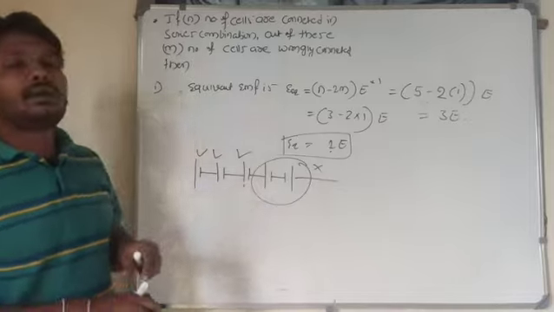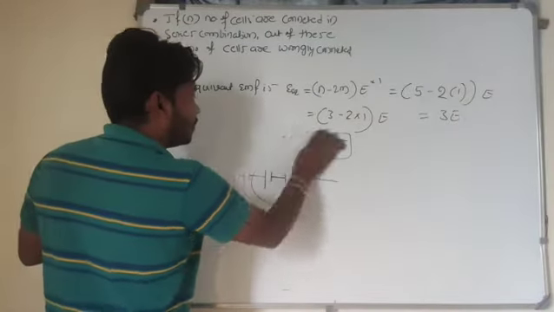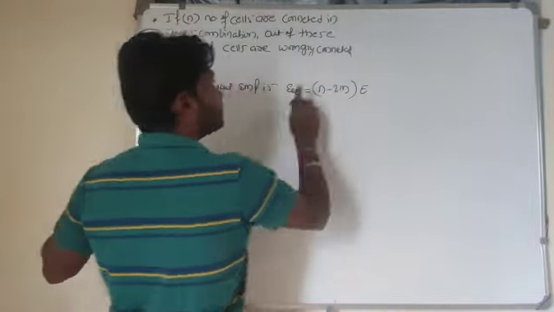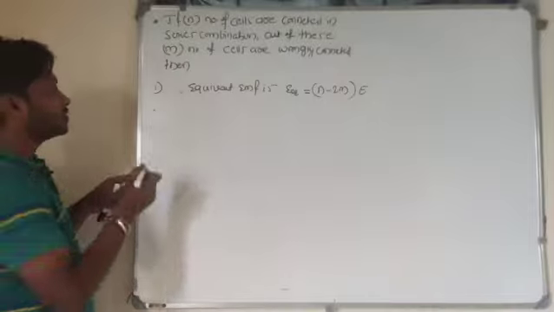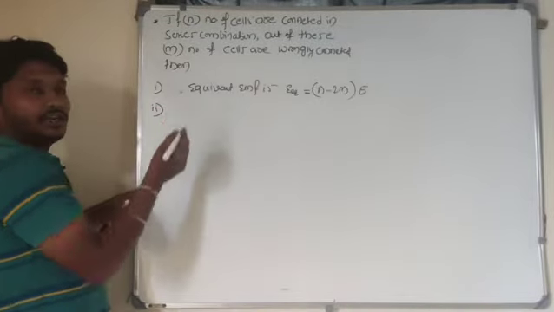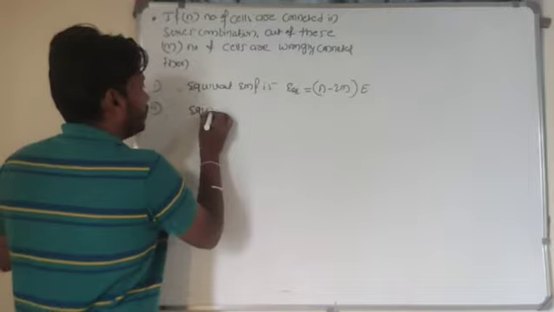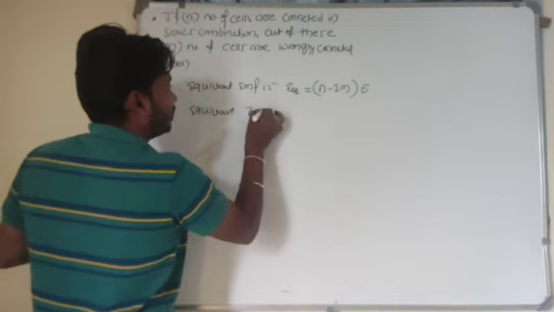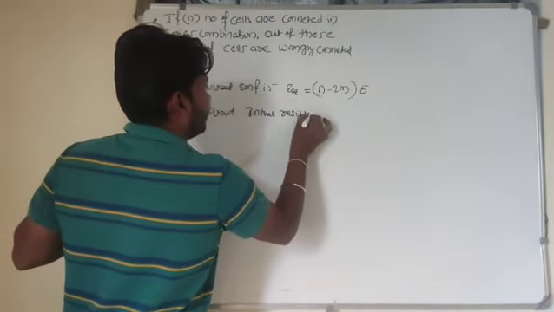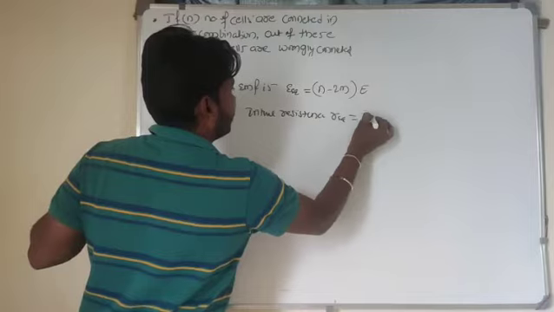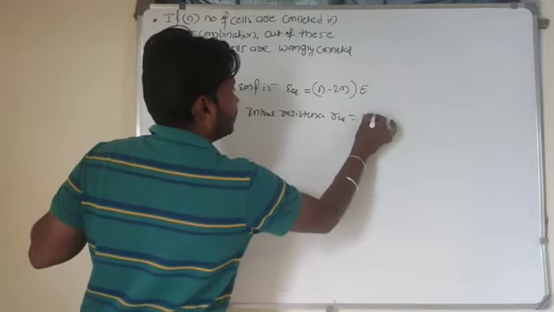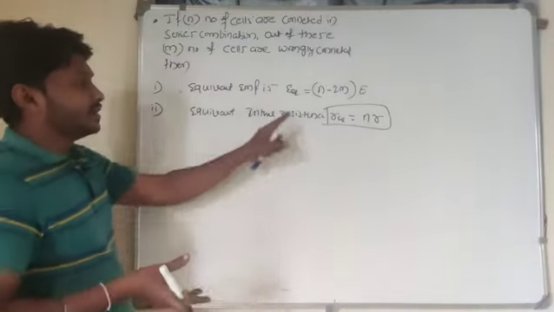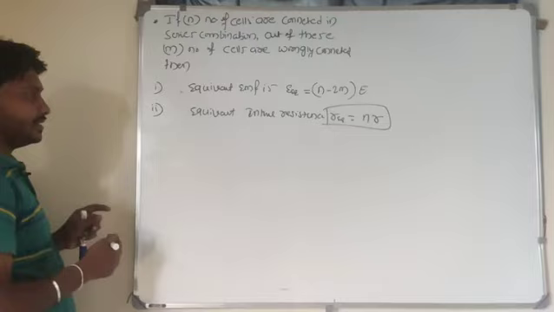So if n number of cells are connected in series combination, and out of n cells, m cells are connected in wrong connection, this is the formula. Internal resistance is always additive in nature. So the equivalent internal resistance R equivalent is equal to what? N into R. Whether you connect in series connection or in wrong connection, internal resistance will always be N into R in series combination.